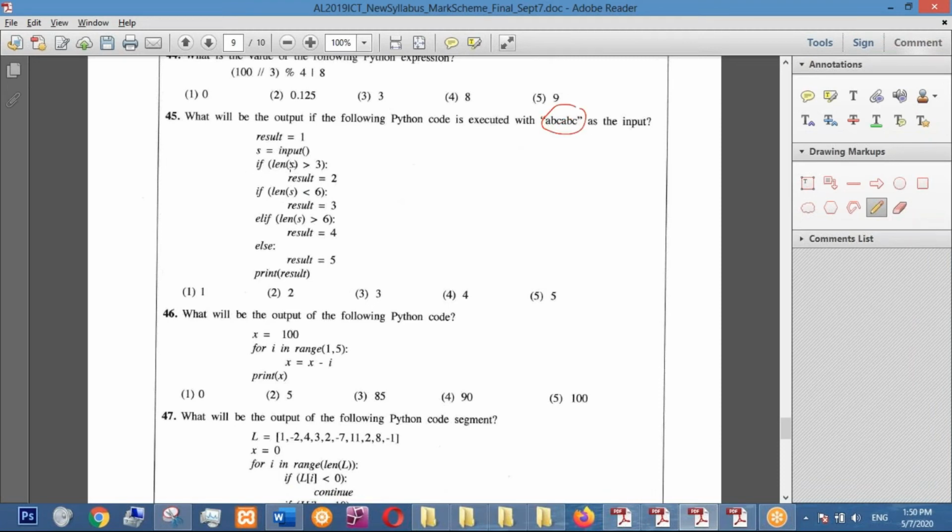If length of S is greater than 3, result is 2. What is the length of S? 1, 2, 3, 4, 5, 6. If it is greater than 3, the result is 2. If length of S is less than 6, it is 6 already. 6 less than 6, no. So this won't be true, right? Else if